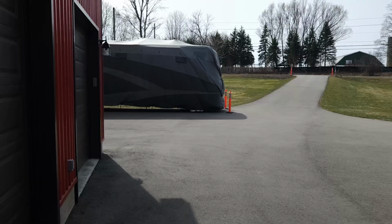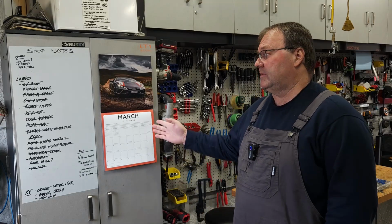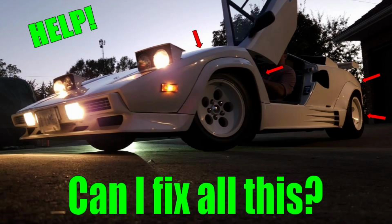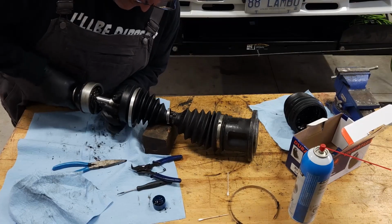Because spring is in the air, and for the first time in a while, the snow is pretty much gone, other than the odd little pile here and there, and as you can probably tell from the calendar. So, I'm not going to start any new projects, but what's great is we finished the projects that we had. If you remember right, we started off this list at the beginning of the year, starting with that CV boot, fixing that,